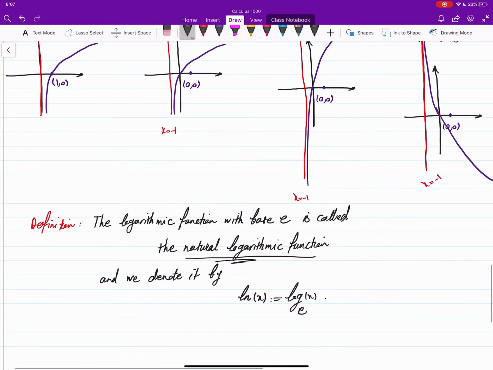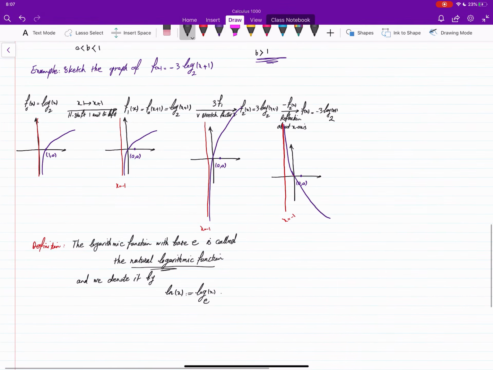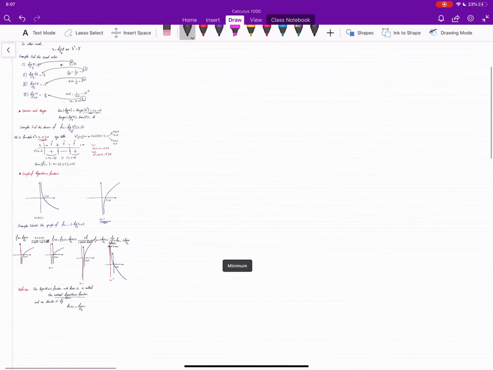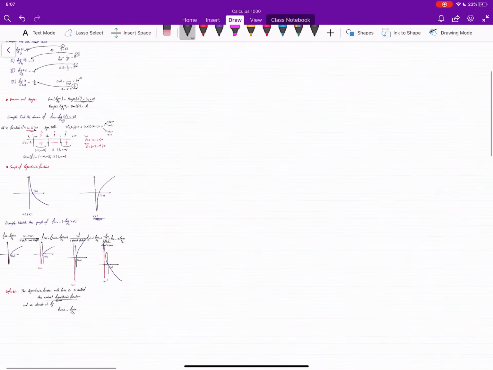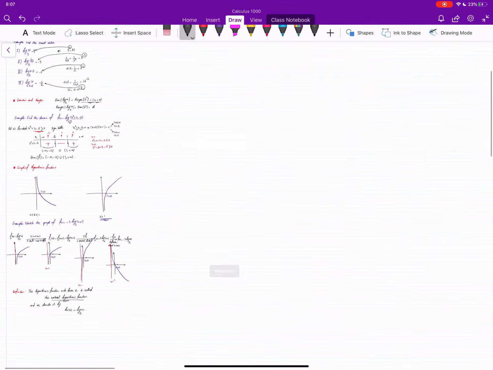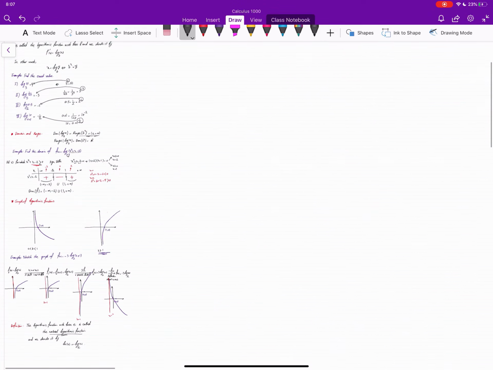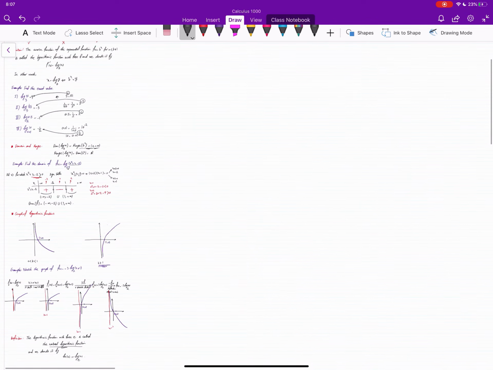Well, this brings us to the end of this video. We had the definition. We used the definition to evaluate functions. Then we had the domain. Based on the properties of inverse functions, we found the domain. Then the graph of the function. We did some examples. And finally, we defined the natural logarithmic